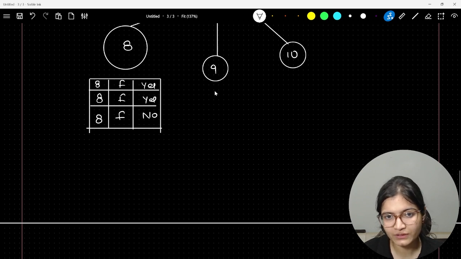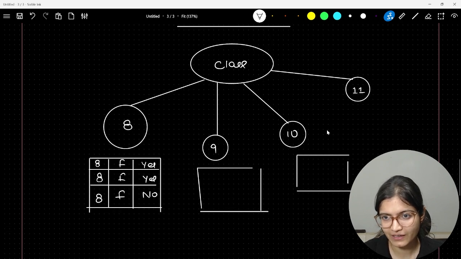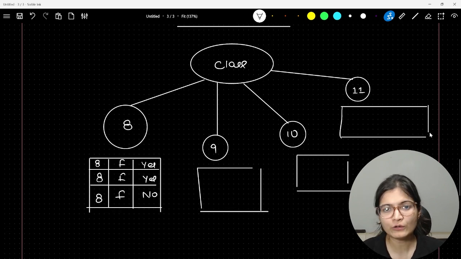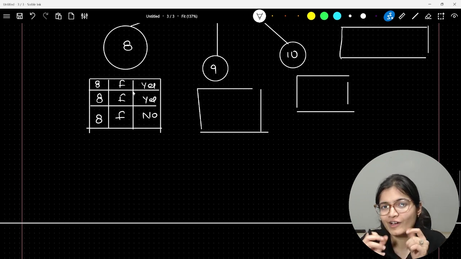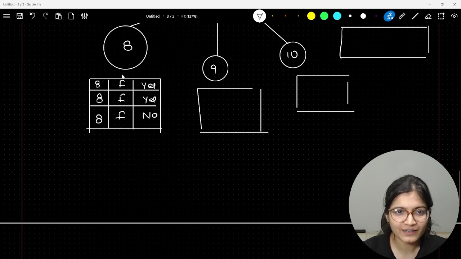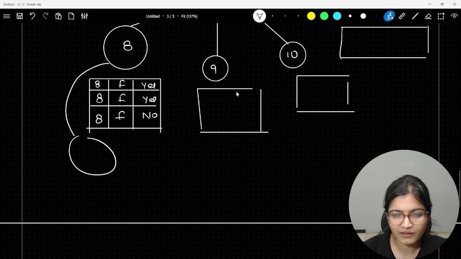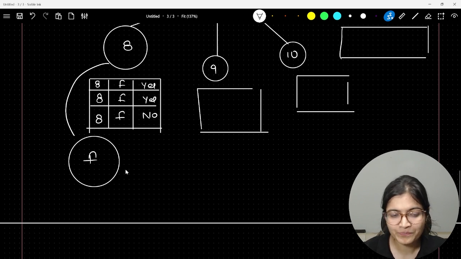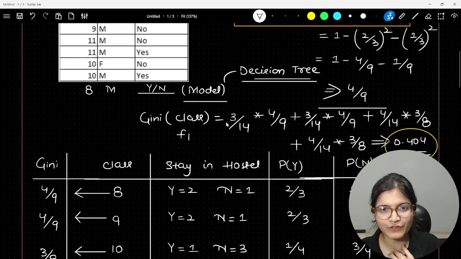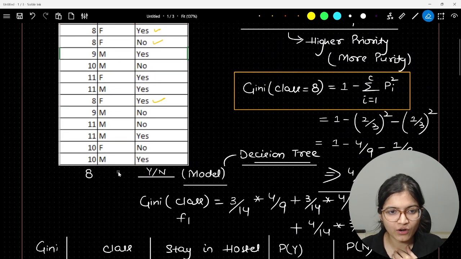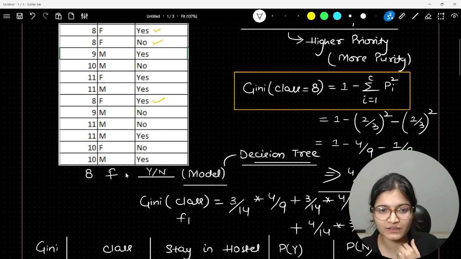Similarly, you can create further tables for class 9, class 10 and class 11, right? Now the question is how the further decision tree will look, because here we have only 2 features. In this case, we have just a single option, which is female. It means that further there is a sub-classification of the internal node where we have just a single gender, female, because we don't have a specific record for male. Now, let's say some student comes in future and I want to predict for 8 and female, I don't know whether the result should be yes or no.